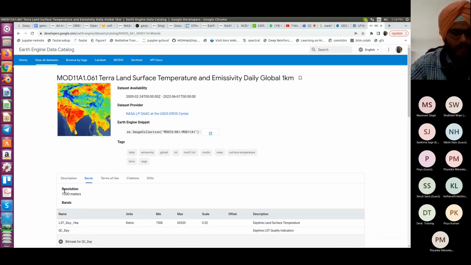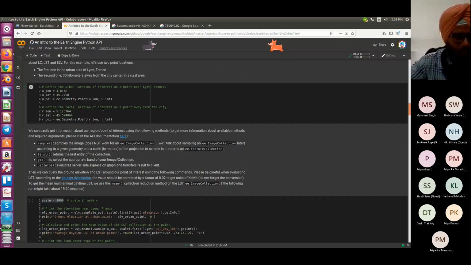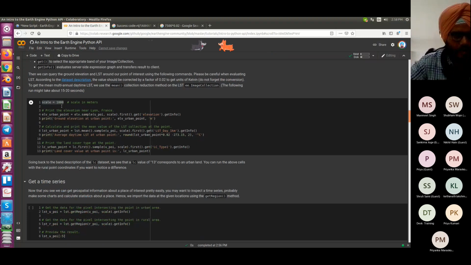Okay, you can see that it is available at 1000 meters global gridded resolution, and the two bands which are available are LST_Day_1km and QC_Day. Okay, so we say that the scale is equal to 1000, and we basically want to print or get the